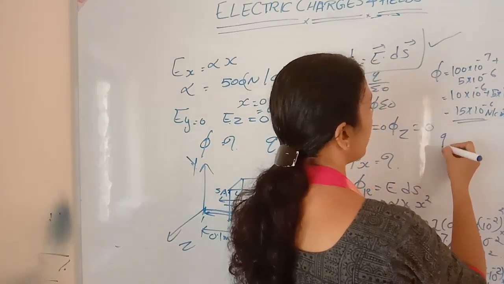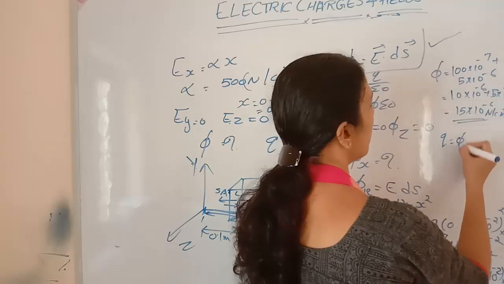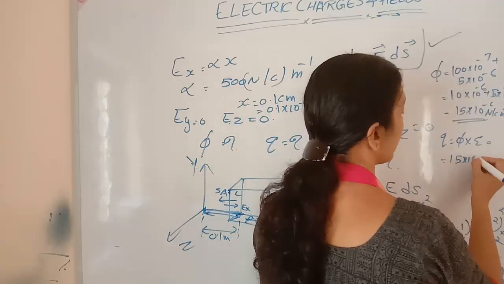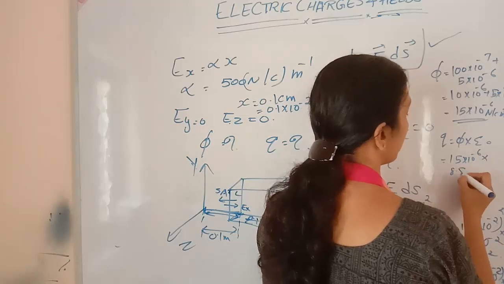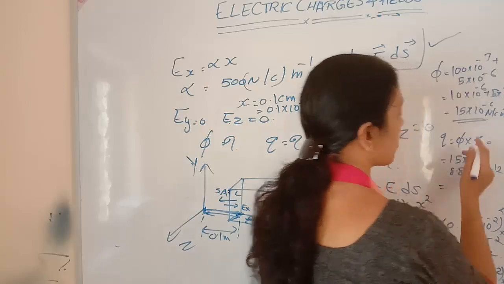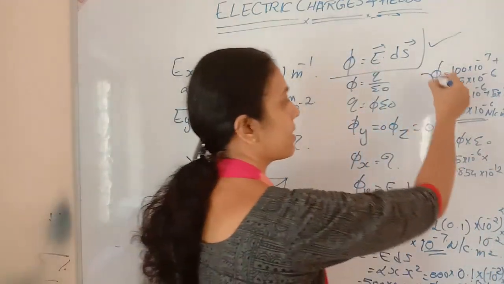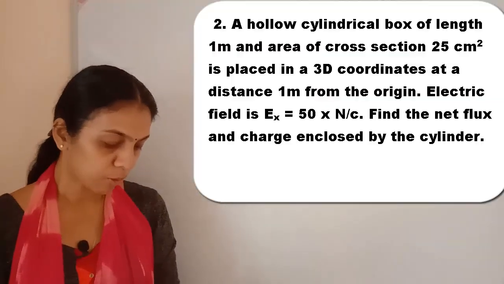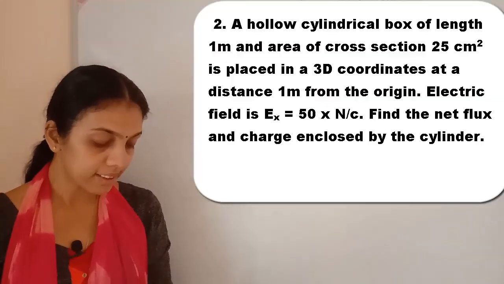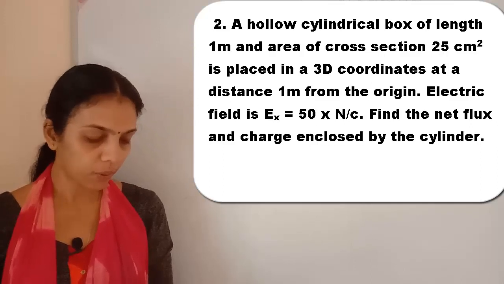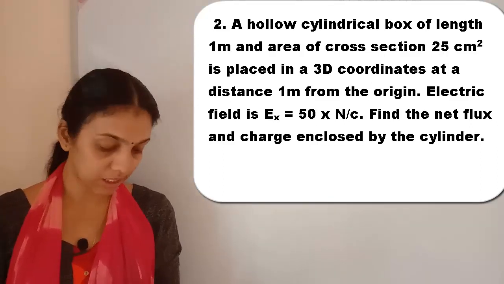Okay, now Q equals phi into epsilon 0. 15 into 10 to the power minus 6 into 8.854 into 10 to the power minus 12. While solving you will get the final answer. This is how you should find out. Clear? Next one was a hollow cylindrical box of length 1 meter and area of cross section 25 centimeter square